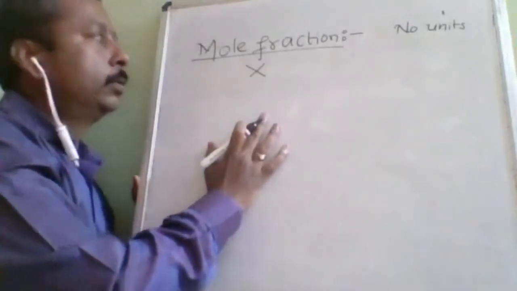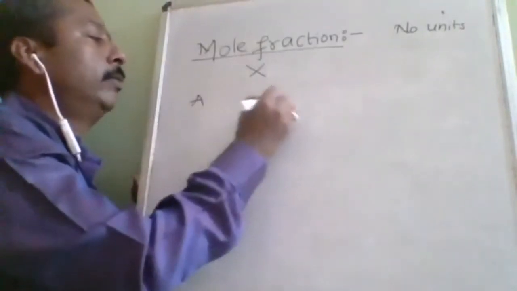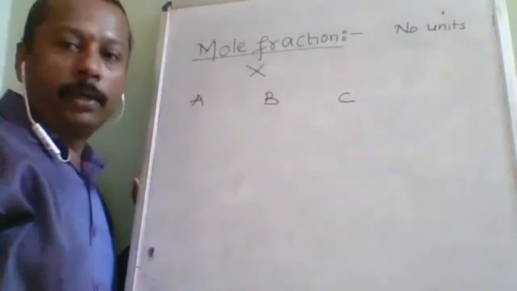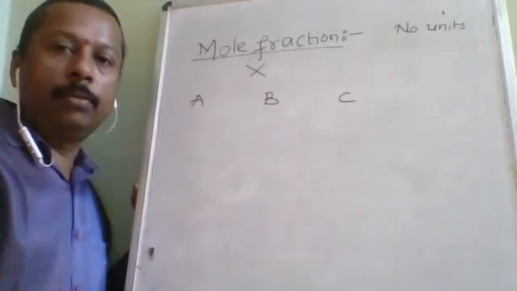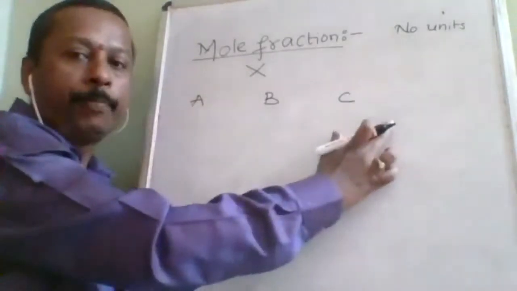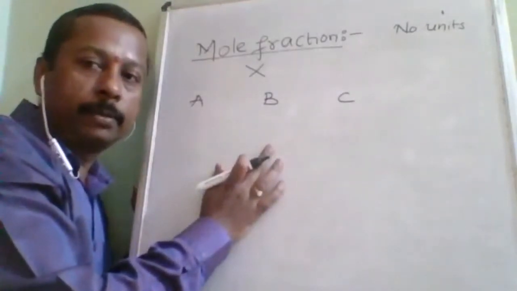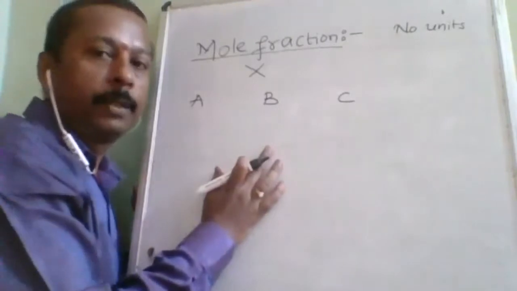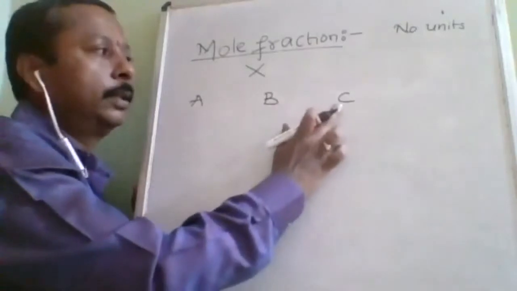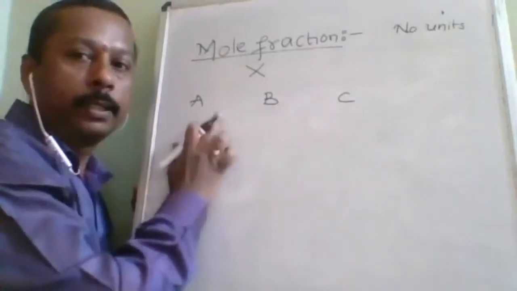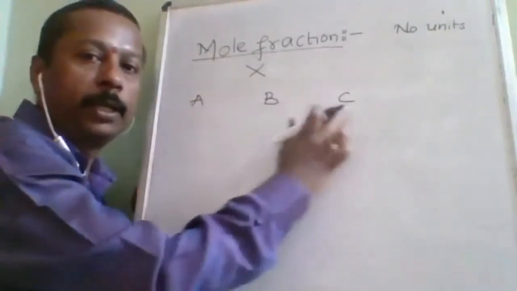Is it understood? So for mole fraction, let us take three components. Now we cannot say solute and solvent. When only two are there, we can say which is dissolved into which, and make it a solute and solvent. Now we call it a mixture. A, B, C are mixed with each other. Once we call it a mixture, we cannot say which is solute and which is solvent. So to avoid that, we will just write component A, component B, and component C.